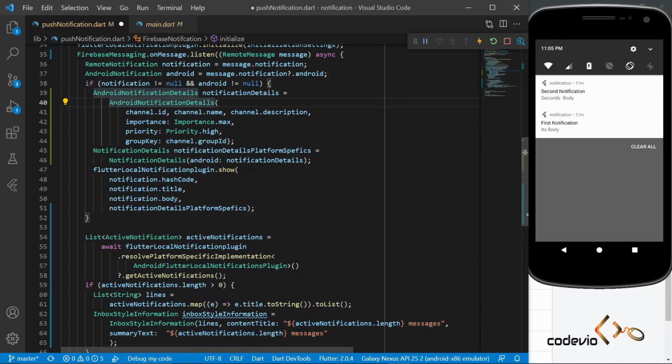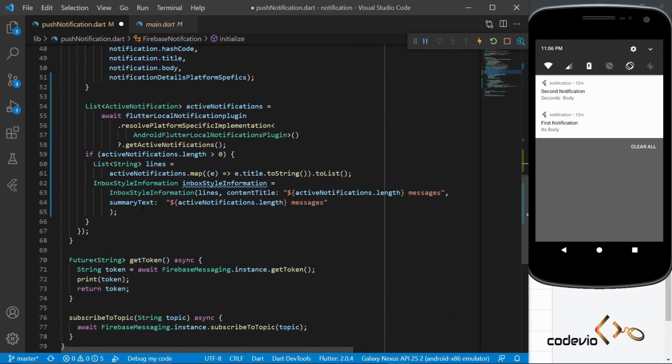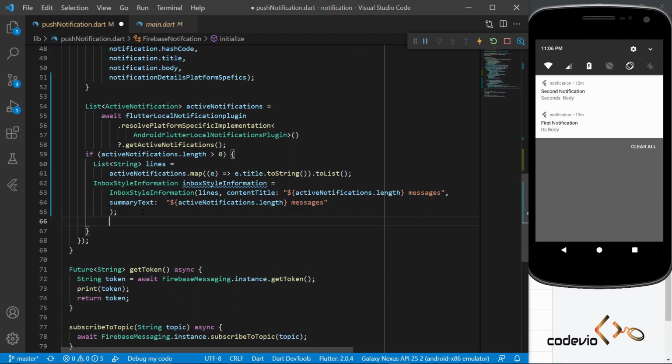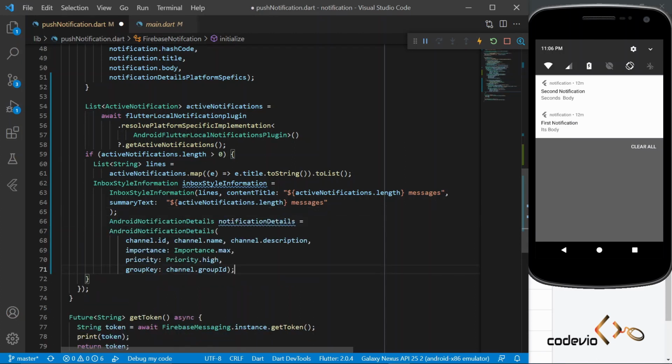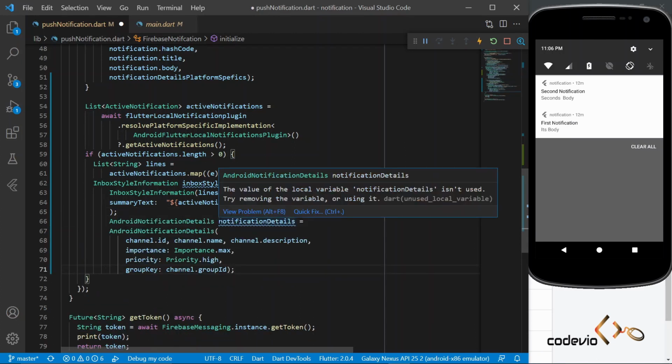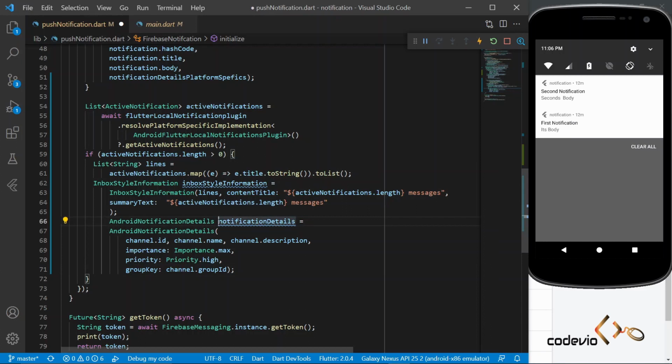So let me copy that code. We are again going to add an AndroidNotificationDetails with this style, so that if there are more than one notification in our active notification list, we will group it.